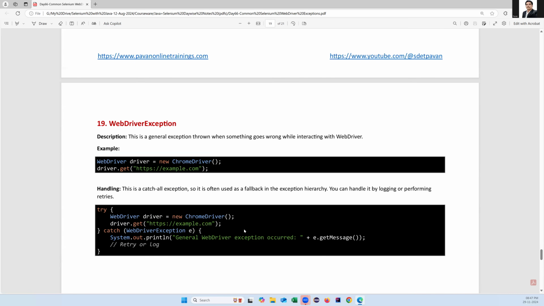Next one, WebDriver exceptions. Most of the times you will get this. Whenever you start running your script, immediately you will get this. First of all, it will not launch the browser itself. Immediately you will get WebDriver exception. So when you get this WebDriver exception, most of the times,